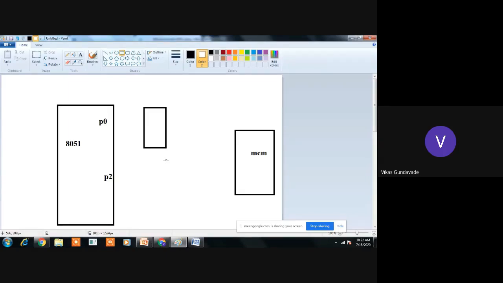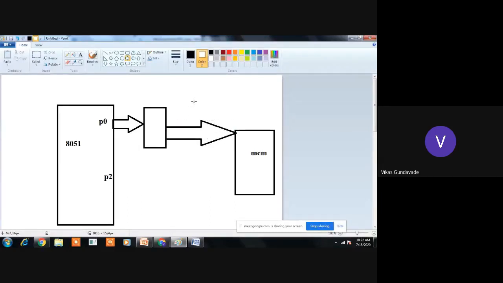So here, port 0 is first connected with the 74LS373 latch. Then the output of this latch is connected to the memory.